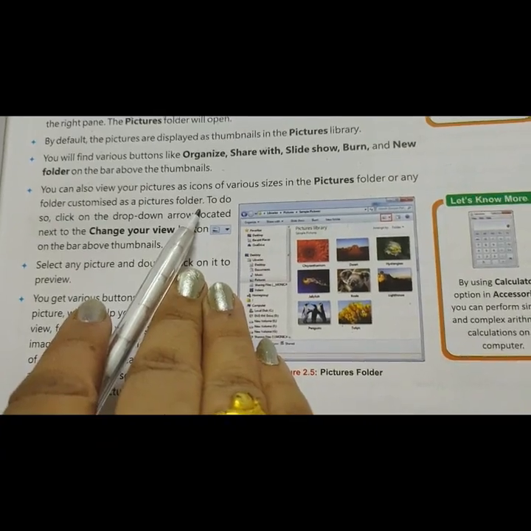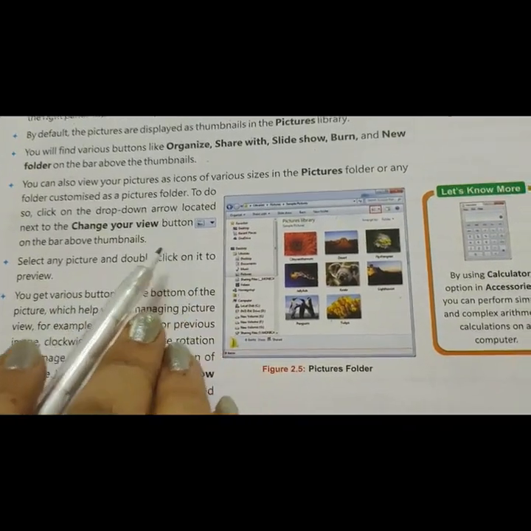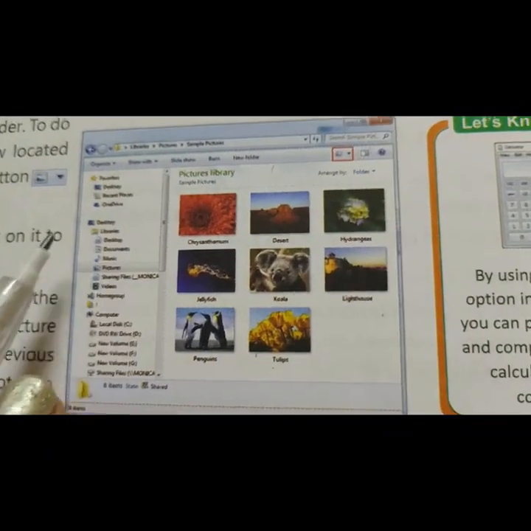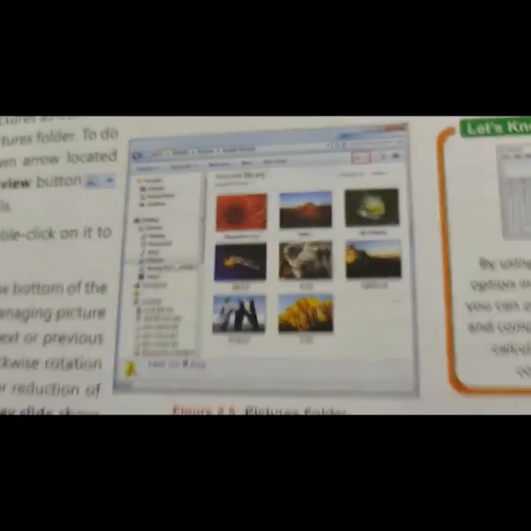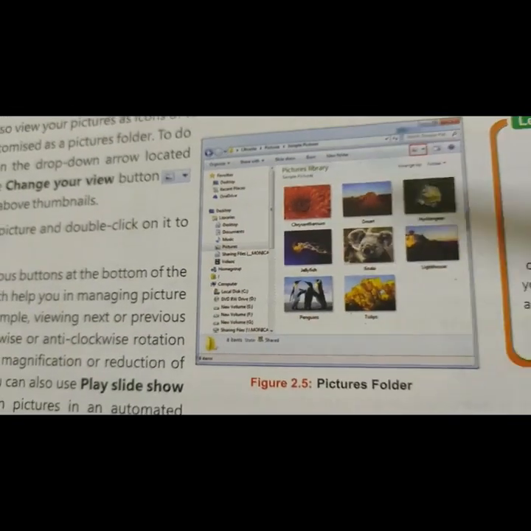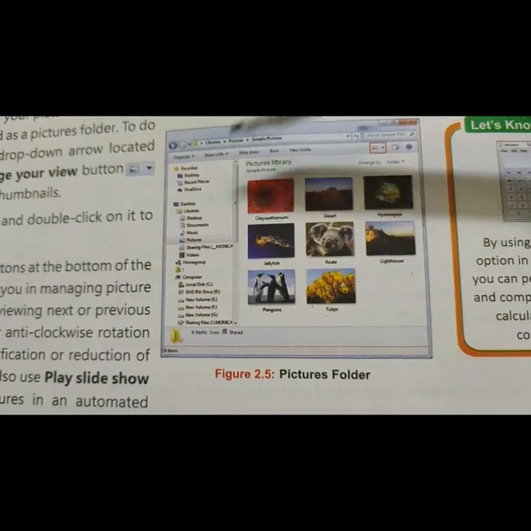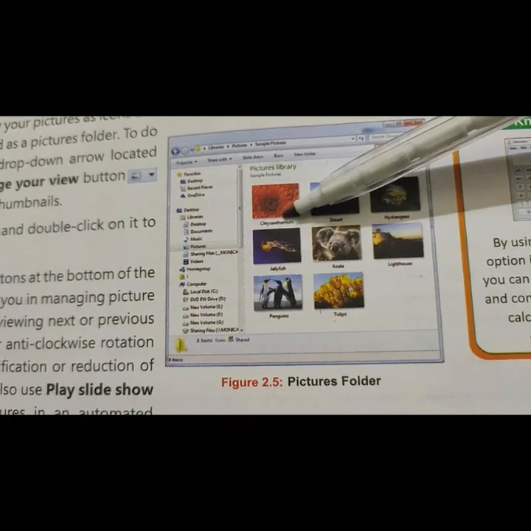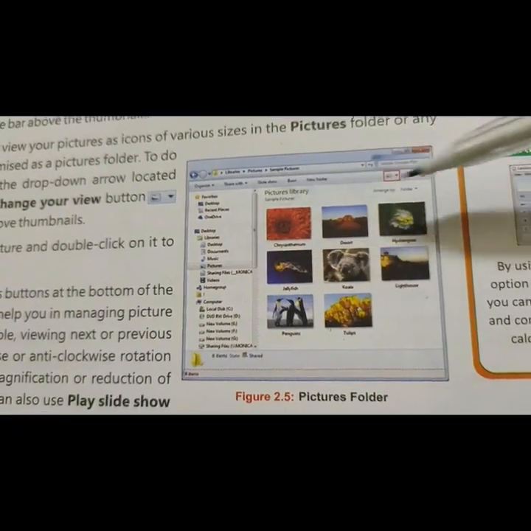You will see your pictures as icons of various sizes, just like that.